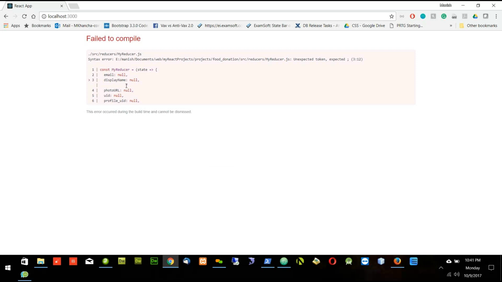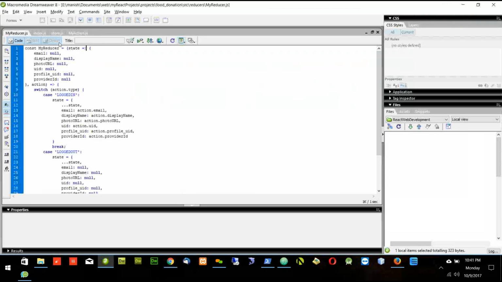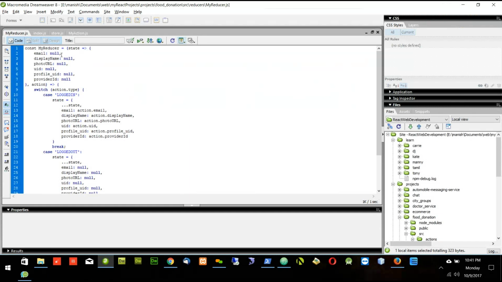Okay, so now we get another error. Unexpected semicolon at line number 3 in the my reducer. I have display name. Okay, this comma is correct. And oh no, it will be an equal sign. Sorry, equal is fine. Equal is fine. But my reducer, it will be